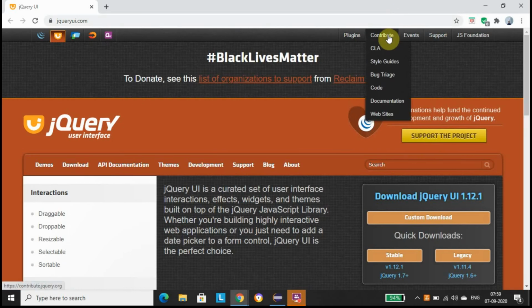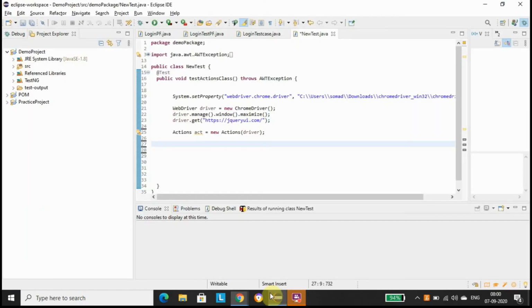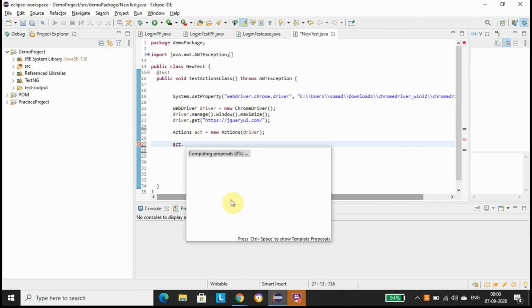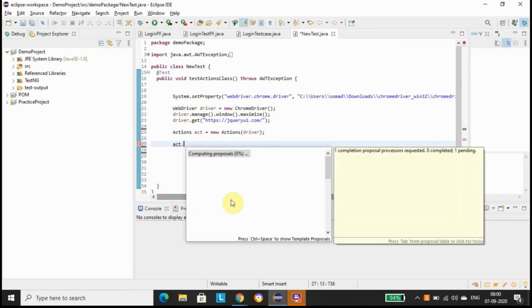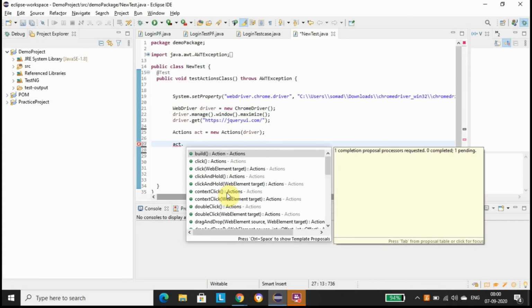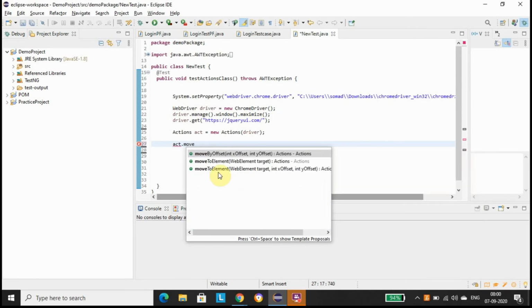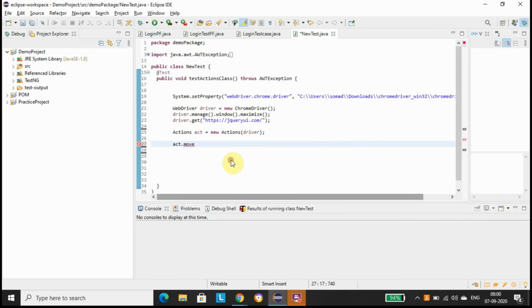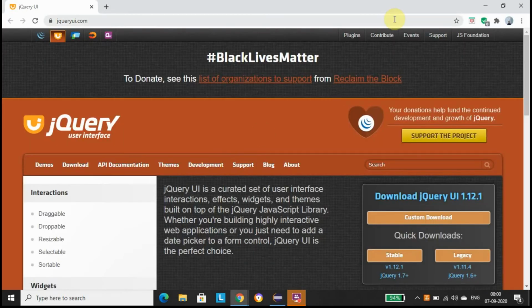So how are we going to do it? We have the moveToElement method here, and we will provide the location of this particular web element.